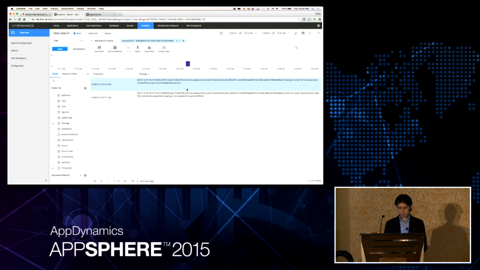As you guys see in here, it says creating an order for the queue code, this one, for this user. And it also tells me the order for code request is declined because the user has asked for the expedited shipment, and that shipment is not available for that zip code. So this information is not available on the APM side, but it's available on the log side. To show you another example,